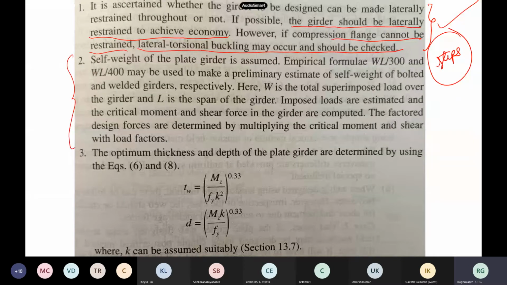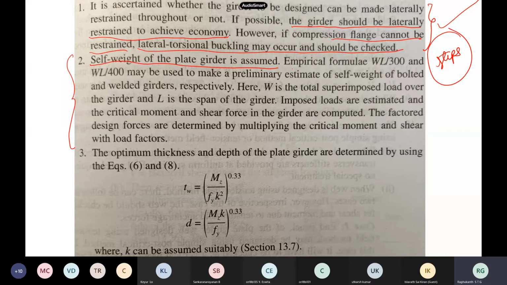Now another problem with plate girders: in beams, we had standard steel tables and we used to pick, say, ISMB 600, and its weight is there itself. But for plate girders, because everything is in your hand, the depth, the breadth of the flange, everything you are deciding, the self weight is very problematic. What is the dead load, or the weight, of a plate girder? That itself is very complex, because you don't know anything beforehand.